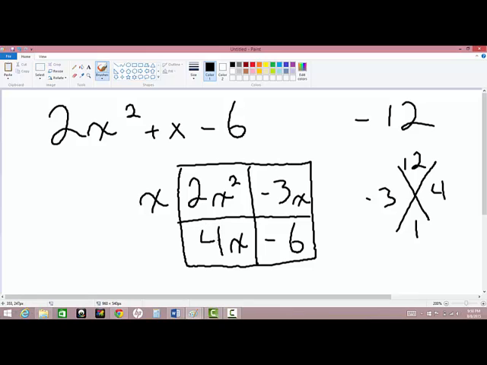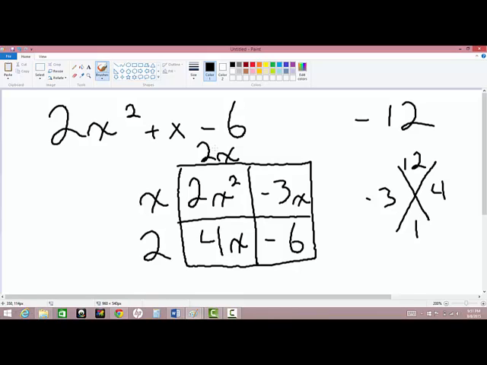However, when we do go across here for the 4x and the negative 6, there are going to be some terms that we can look at, some factors between the 4 and the negative 6. What we can actually factor out of that is going to be a 2 out of those two terms. So we've got the x, the 4 and the negative 6, 2 can be factored out of those. Now if we go up from this term here, well, we know that they both have an x in common, so we can go ahead and put the x on top there. And now we look at the coefficients. We have a 2 here and a 4 here. What's going to be in common is going to be the 2, so 2x can actually be factored out of